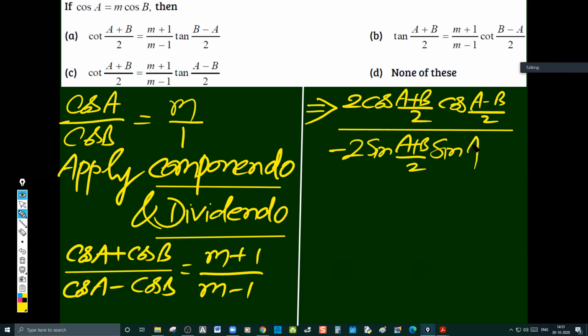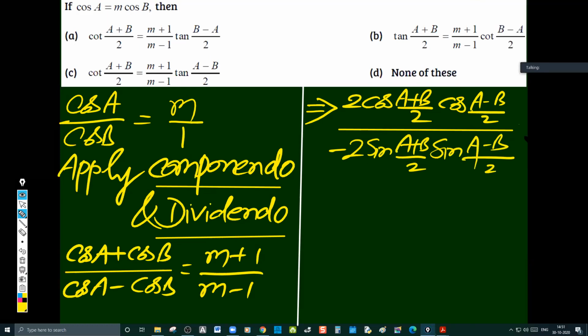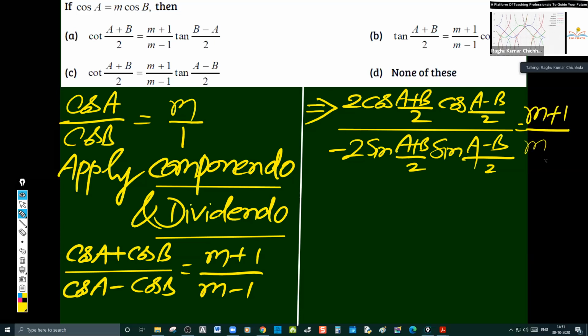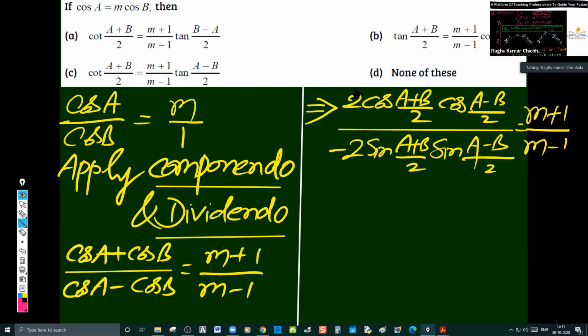Sir? Yes, denominator. Minus 2. Oh, minus. Sorry. Minus 2. I insisted on that minus there. When I was teaching this, I insisted that students will be forgetting this, I said. But you can send this minus inside and instead of A minus B, you can say it as B minus A also. That said, you got it.